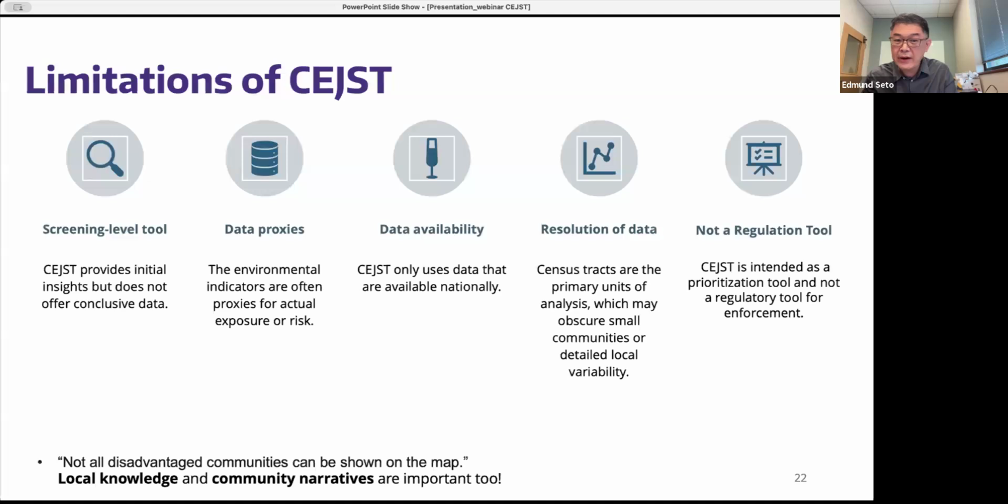CEJST has been very intentional about including data that are mostly available nationwide. There are some indicators that they specifically point out that they include on their map that aren't necessarily